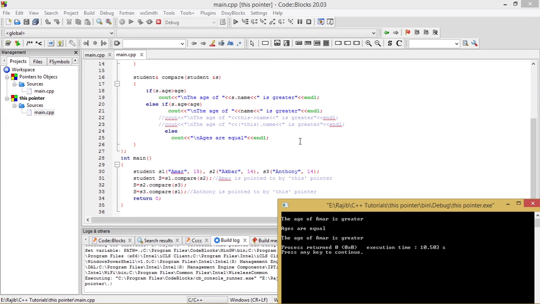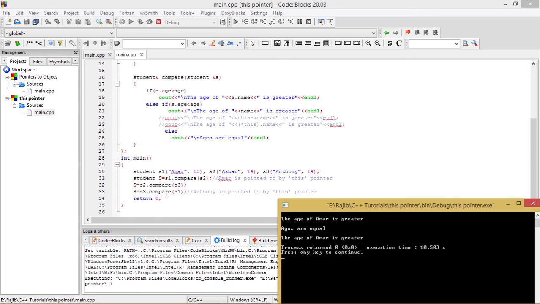The age of Amar is greater. And we see that the result is quite similar to the expectation. After that, s2 dot compare s3, this will invoke I think this else statement, ages are equal. So see, ages are equal.